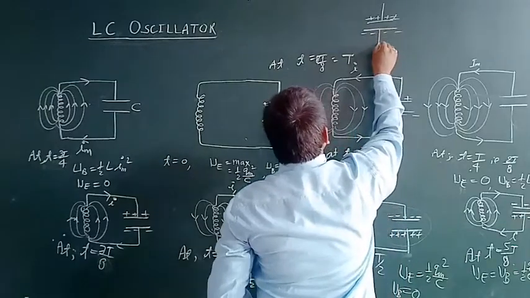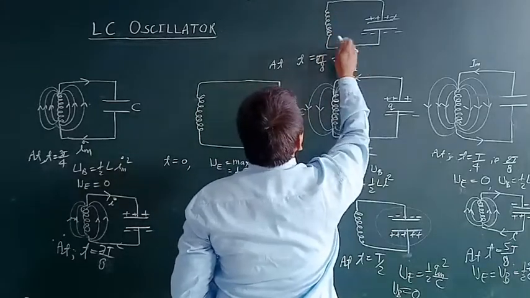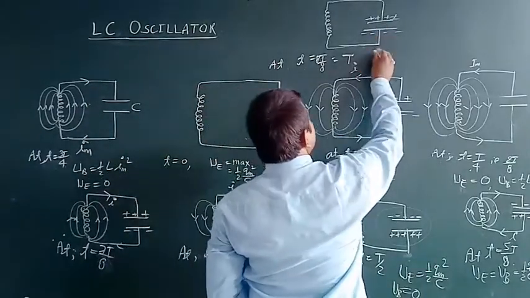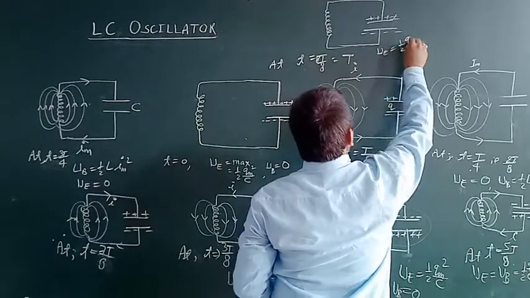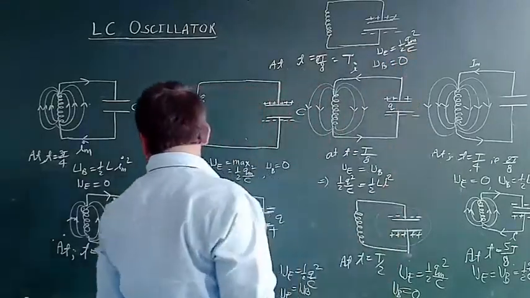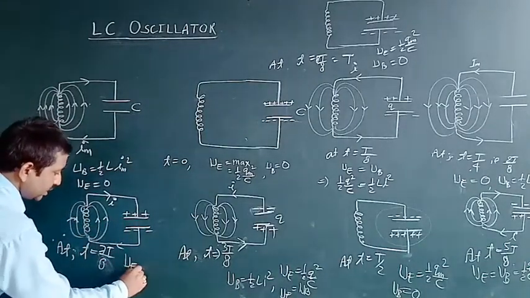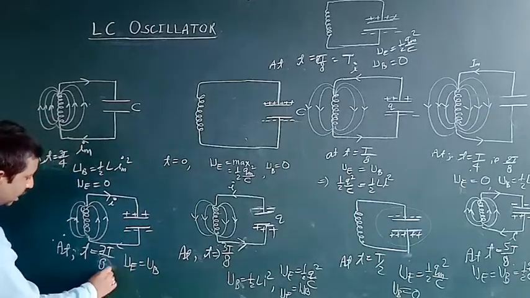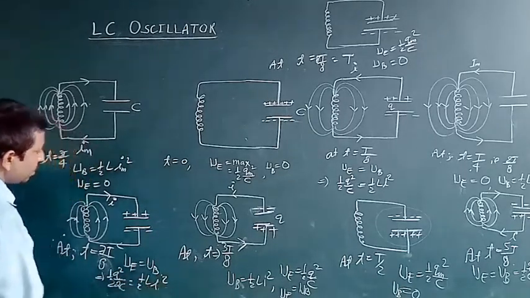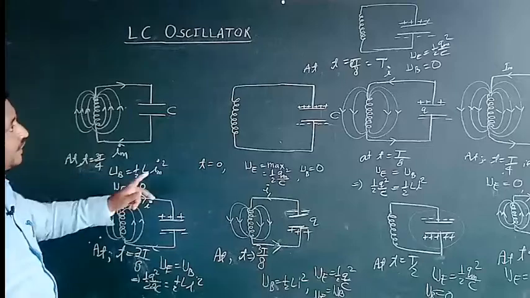So at time t equal to T, the capacitor becomes fully charged, and the current flowing through the circuit disappears, and the total energy across the inductor becomes 0, and the total energy is stored in the capacitor in the form of electrostatic energy, that is half of Q m square by C. Now if we talk about the total energy stored in this case, U is equal to U B, and this will be equal to half of Q square by C is equal to half of L i square, because this is just between the time of 7T by 8 and T.